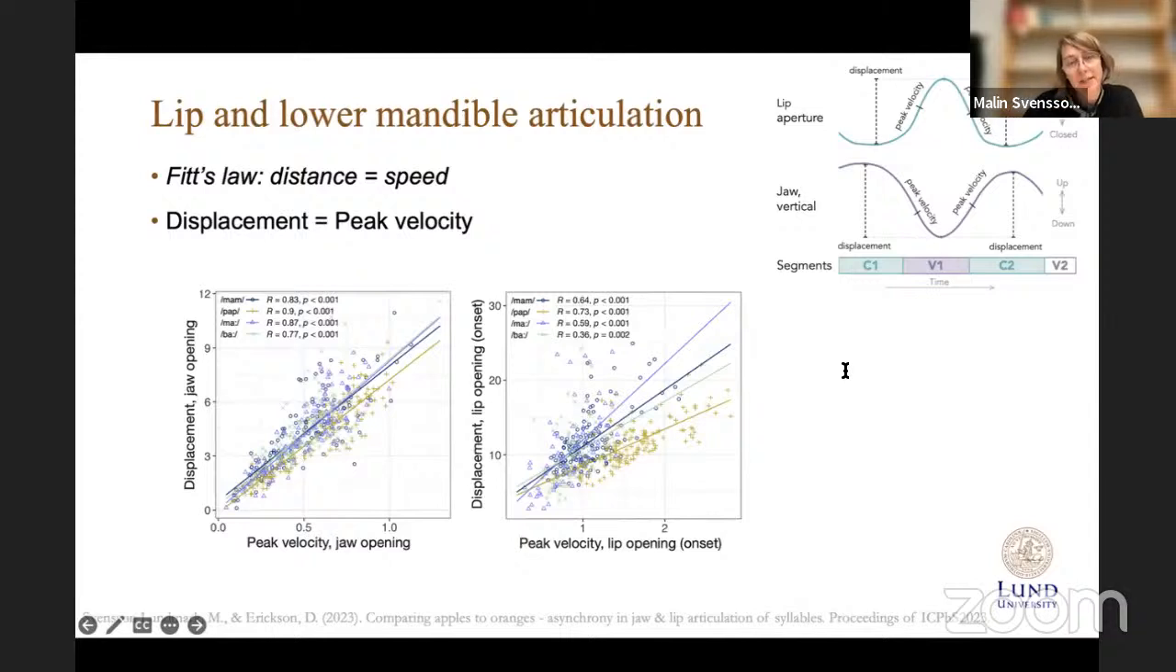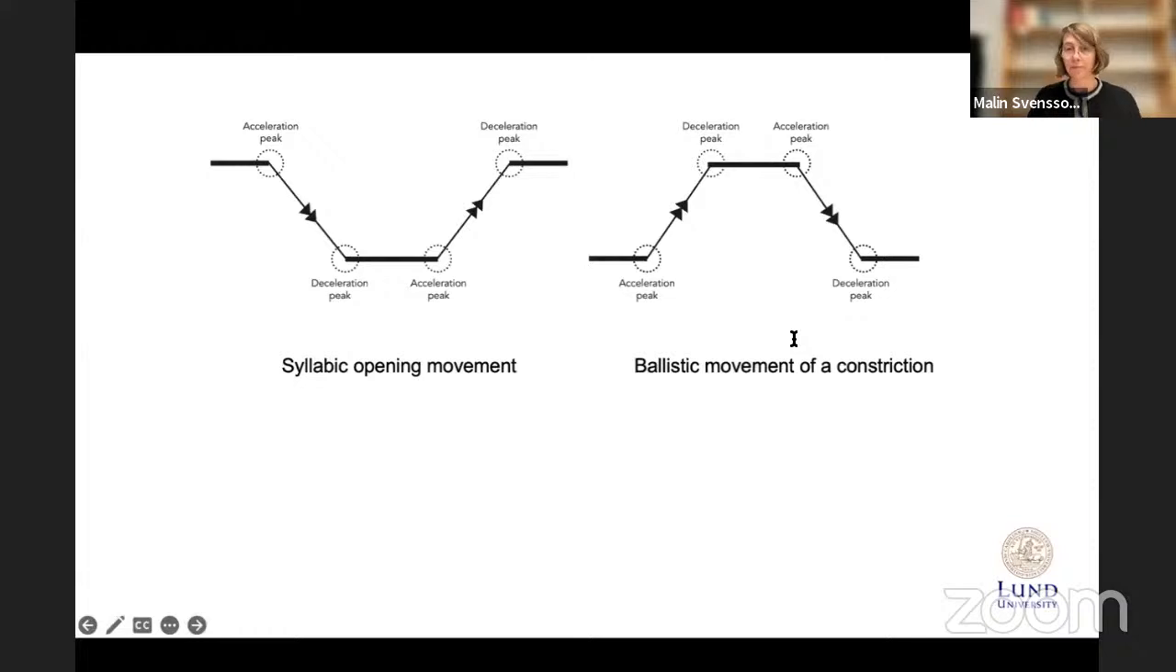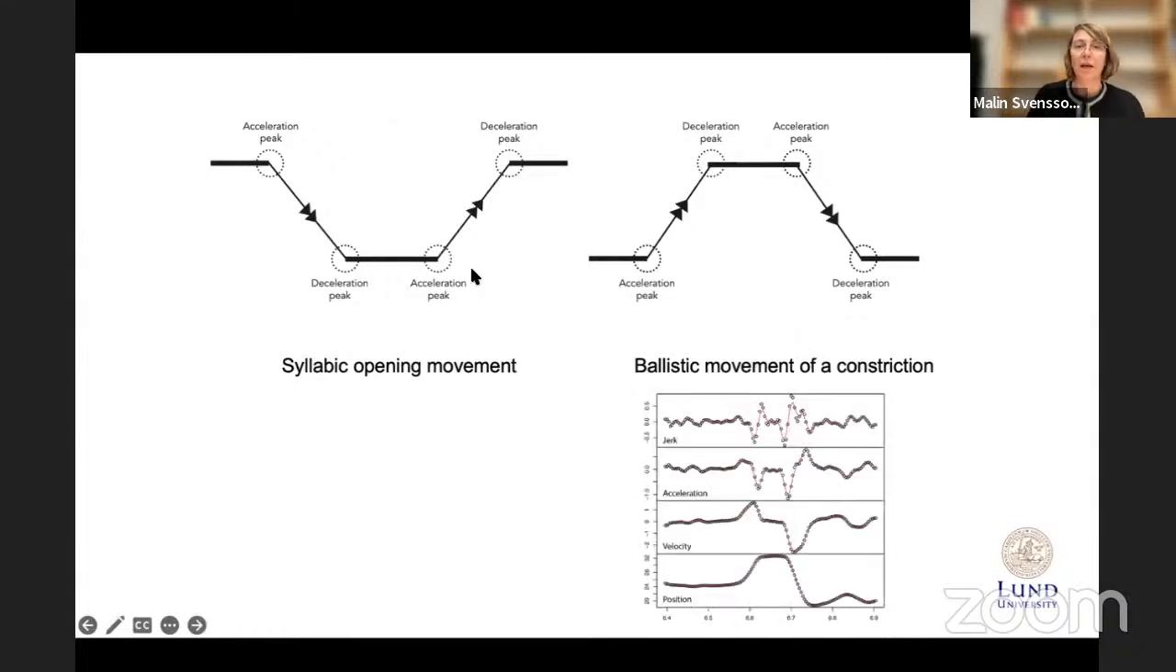While for the lips, the amount of lip opening doesn't always mean a faster movement. Basically, there are effects by the manner of articulation on the lips, but not on the jaw. So we are really dealing with very different movements here. The lips are part of a ballistic movement. They move into position and then they leave again,